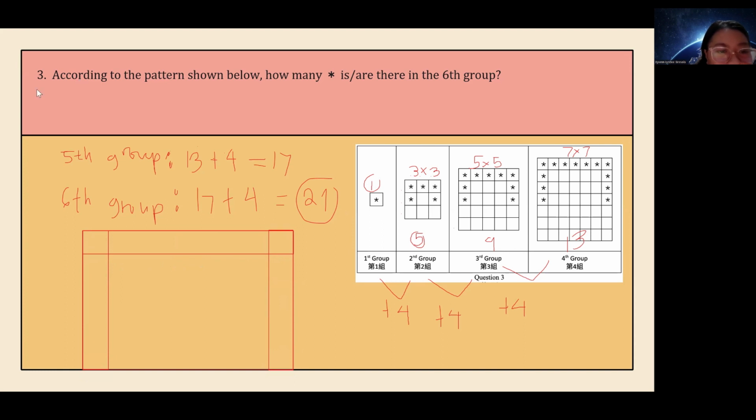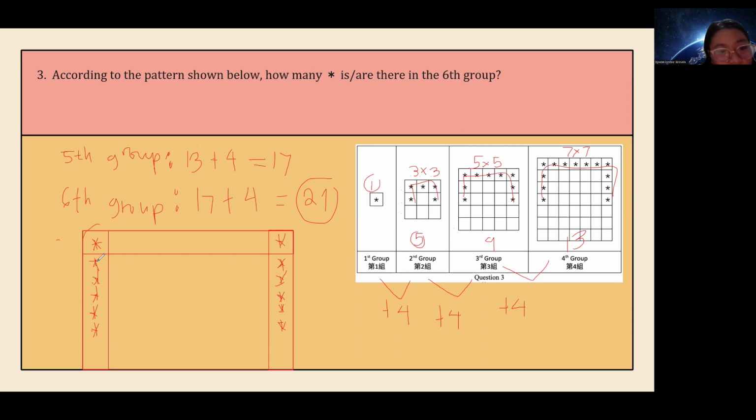And then we know that for the two columns, we will have to fill 6 of those asterisks, okay? 1, 2, 3, 4, 5, 6. Just like this one, and this one, and this one. Okay, we will follow that. And then on the other column as well, 4, 5, 6.